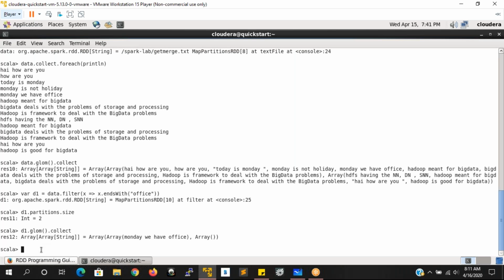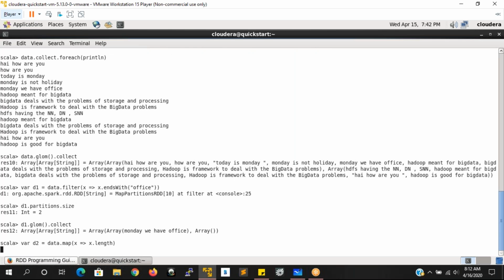You observe the things. For example, if I am going for var d2 equals data.map, where x implies x.length, for example. I'm applying the map transformation here.